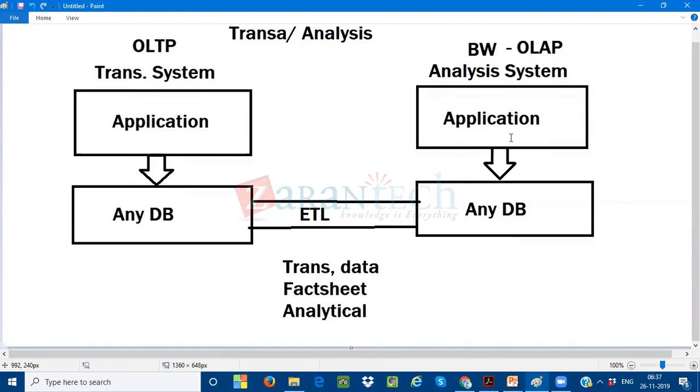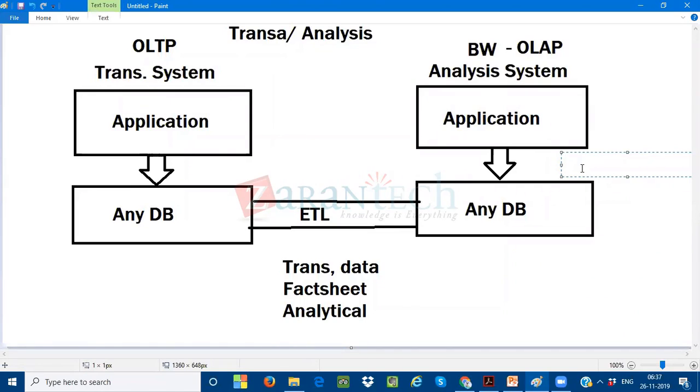So in 2009 and 2010, SAP brought out one tool called BWA, Business Warehouse Accelerators. We call them the accelerators. What do you mean by accelerators? It is the speed, to improve the performance of extracting the reports, to extract the data from the database. So they introduced the tool called BWA, Business Warehouse Accelerators.